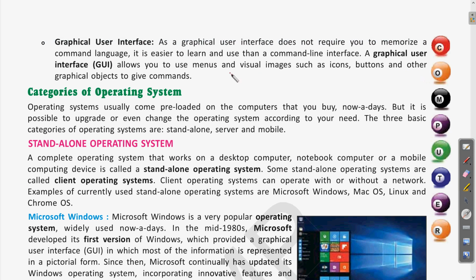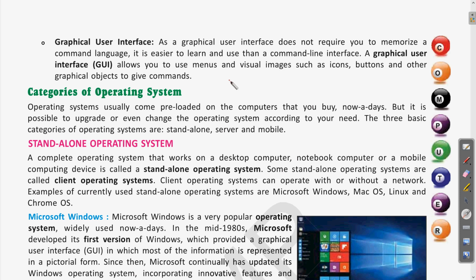But in the command line interface you have a limitation. So this is the next question you have to write in the copy: what is the difference between GUI and CLI, and give some examples of that.